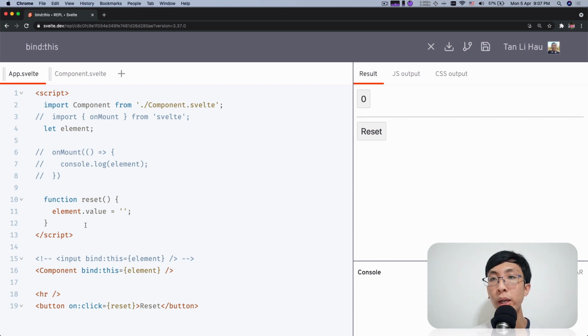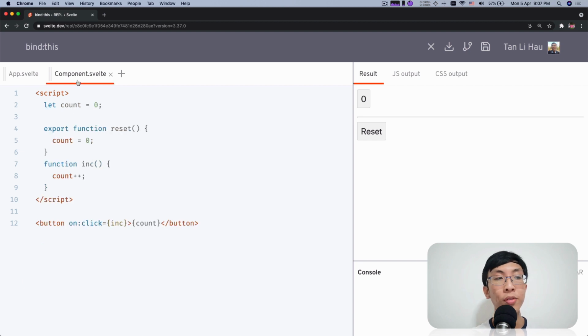Again, this is a one-way binding. So you only get the reference of the components on this variable when this component is mounted on the screen. You can't say the other way around, where changing this variable will change something on the component itself. But of course, this component over here that I'm going to show you now